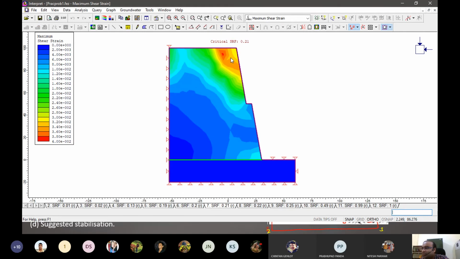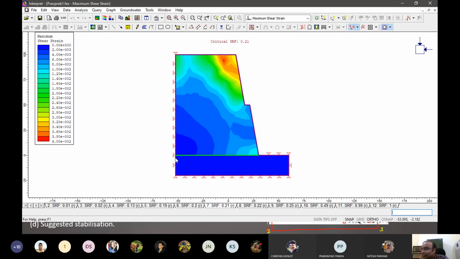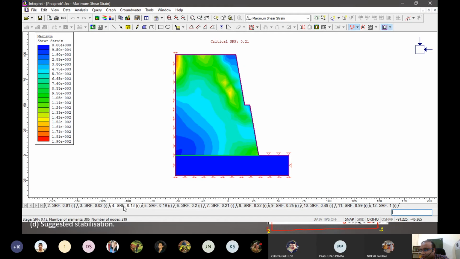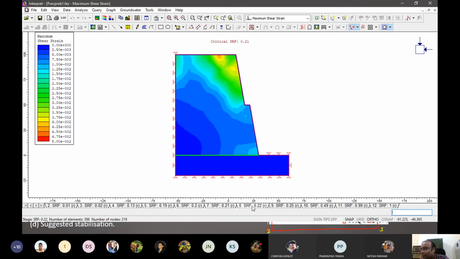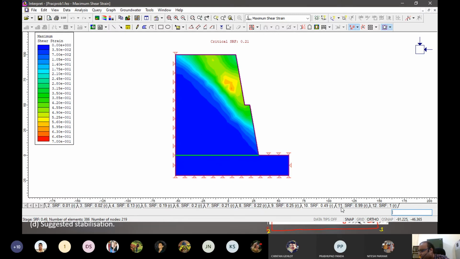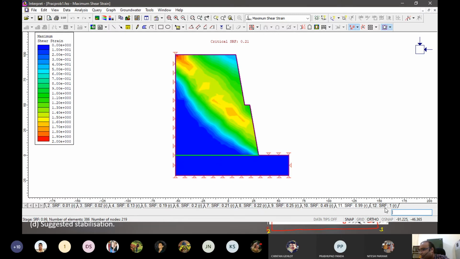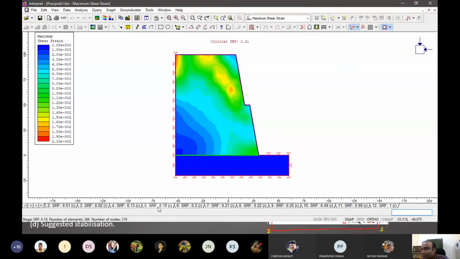Okay, so we are finding that in this case it is having a quite different result as compared to what we found in our LEM. And I actually predicted that in LEM. I was surprised why it is not doing that. So in this case, it is changing to a highly unstable slope.